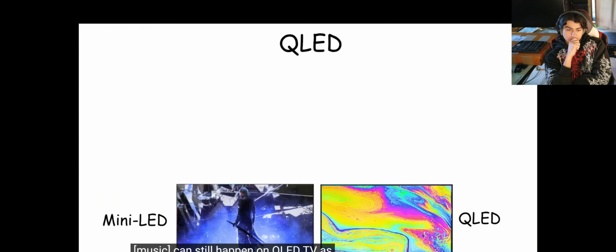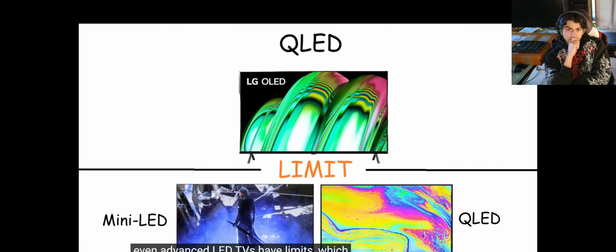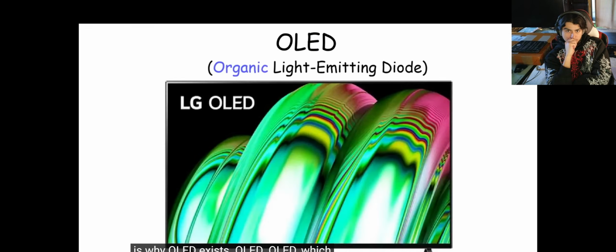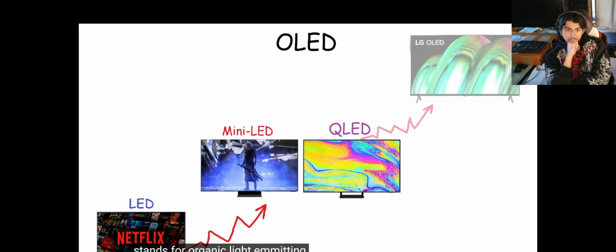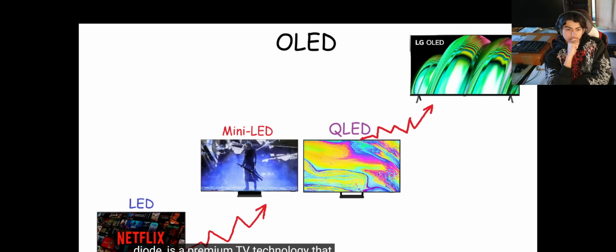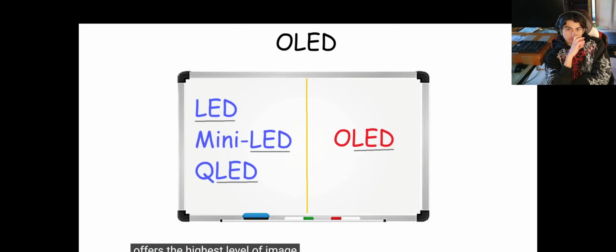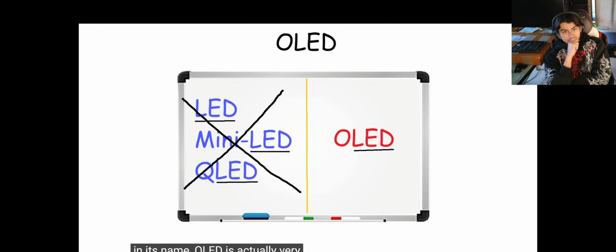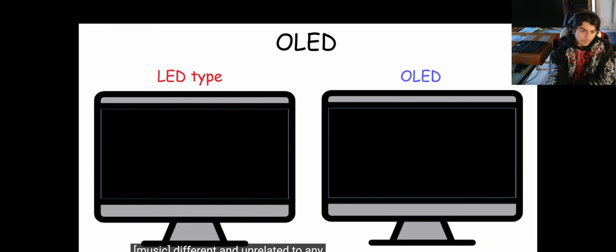So in the end, this shows that even advanced LED TVs have limits, which is why OLED exists. OLED, which stands for Organic Light Emitting Diode, is a premium TV technology that offers the highest level of image quality. And despite having the word LED in its name, OLED is actually very different and unrelated to any kind of LED TV, because OLED